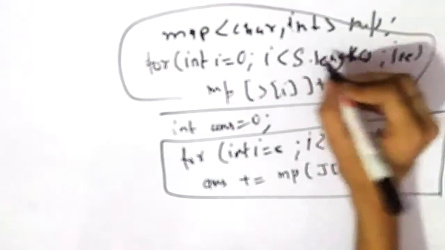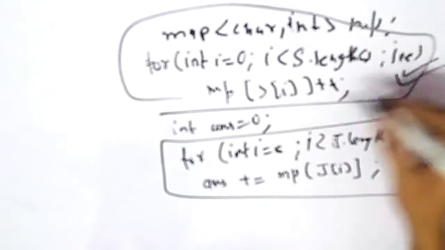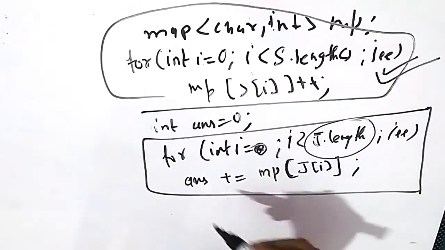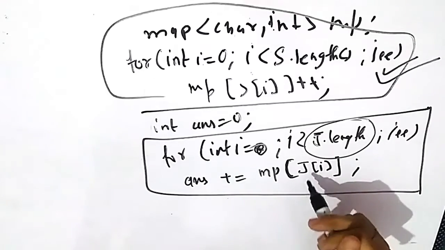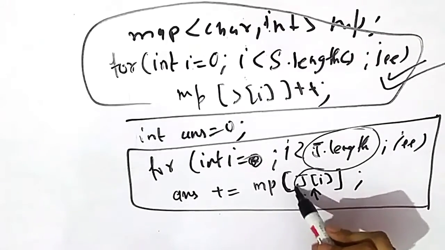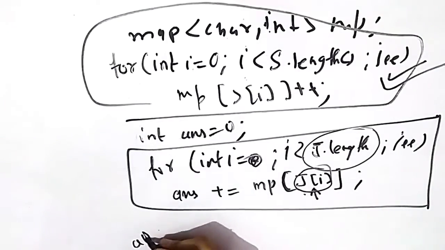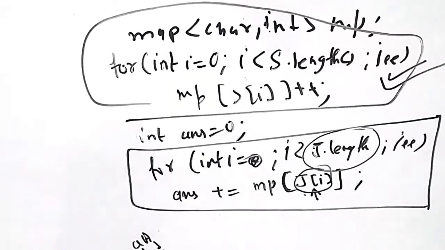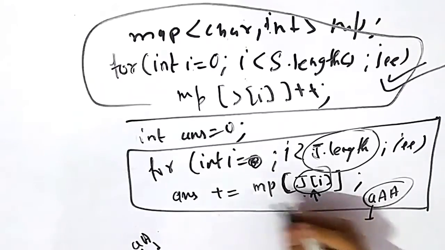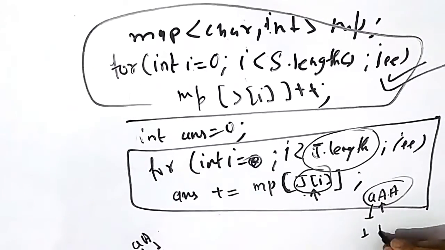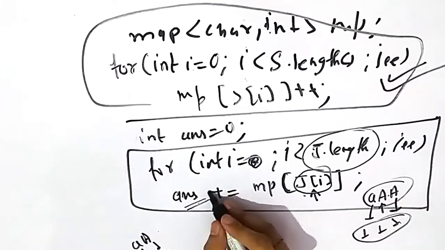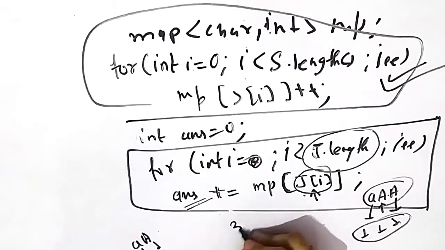So what we have done is simply traverse through the string s and store the frequency of each and every character. In this loop, we are traversing the jth string, and taking the frequency of each character which is present in the map. For example, the frequency of a is 1, and the frequency of capital A is 1. So when we encounter a in this string, the frequency of a is 1, and we add it to the answer variable. At last we are simply adding all the values, and we will return 3.